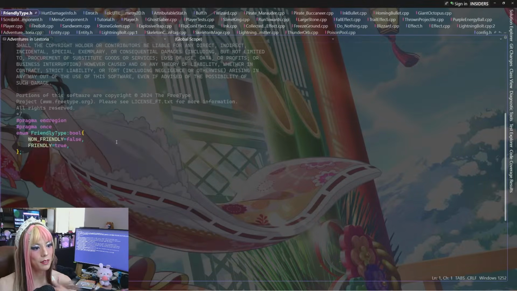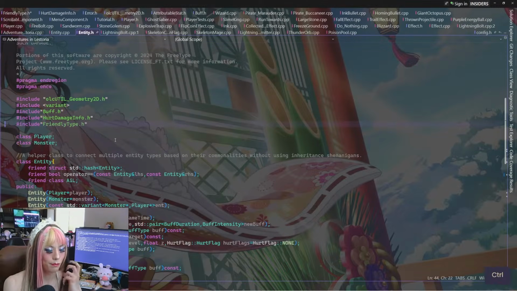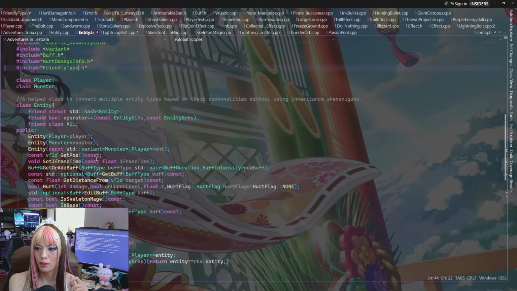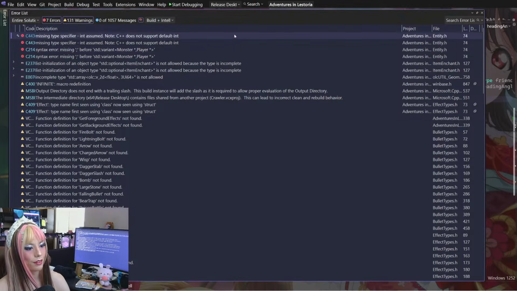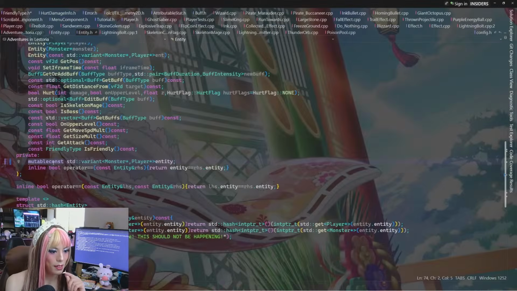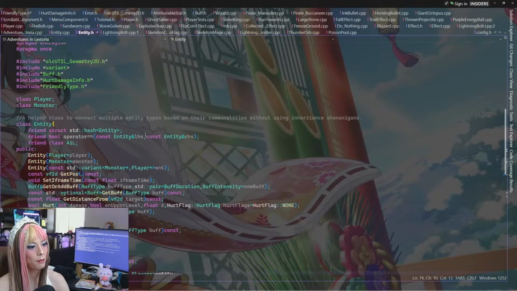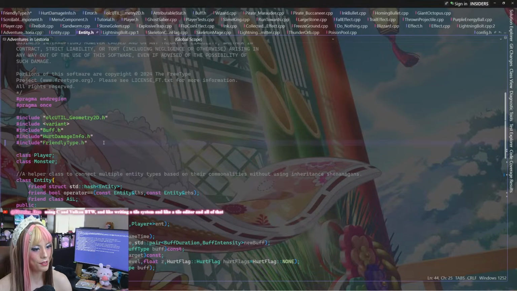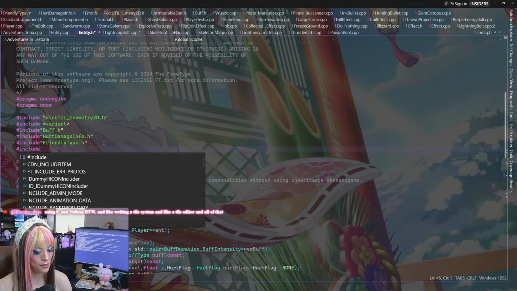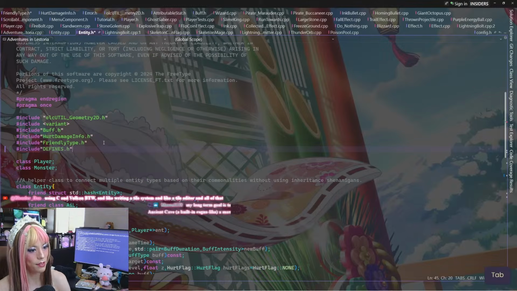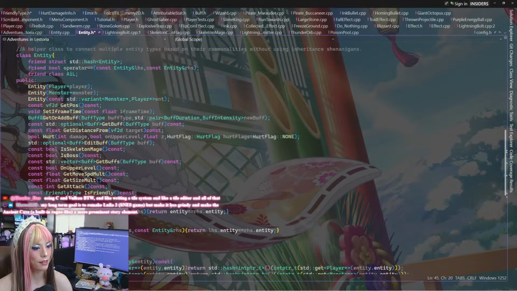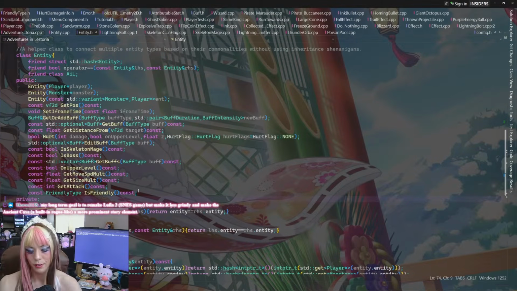Friendly type is an enum. Weird. Missing type specifier. Is it the mutable const? Mutable const is defined in defines. I guess I should include defines. Don't think I saw defines, but I also don't think it... I don't know. I feel like that would be the only other thing.